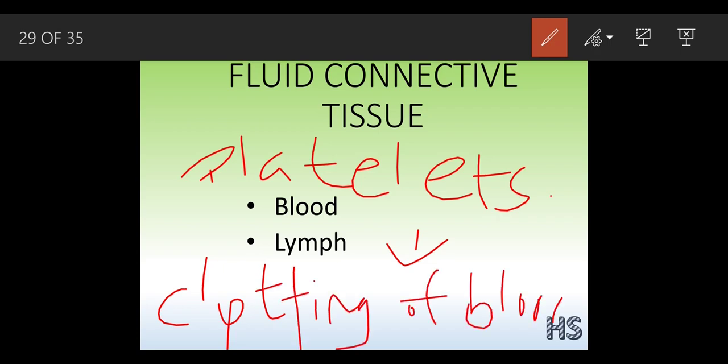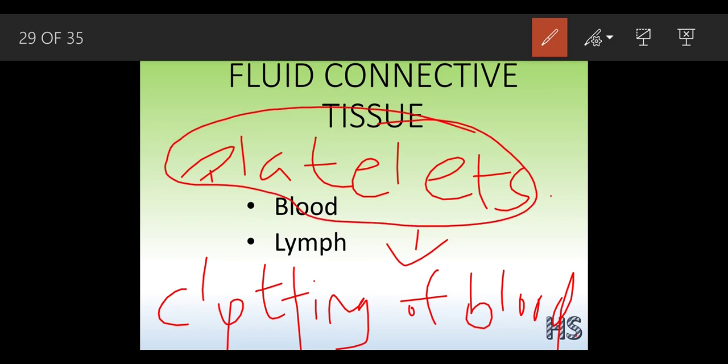What do you mean by the word clotting of blood? See, whenever we get a cut, as I said, the blood oozes out of our body. The blood oozes out of our body for a certain period of time only. It does not keep on flowing. At a certain period of time, it stops automatically. So how is it possible? This is only possible through these platelets. The platelets which are present in our body help in the clotting of the blood. Clotting of the blood means the flow of the blood stops after a while.